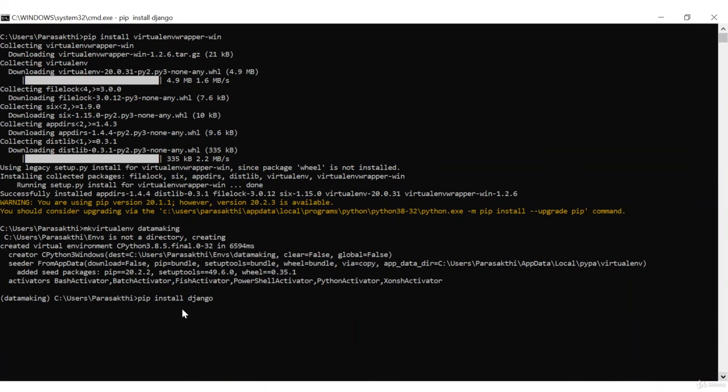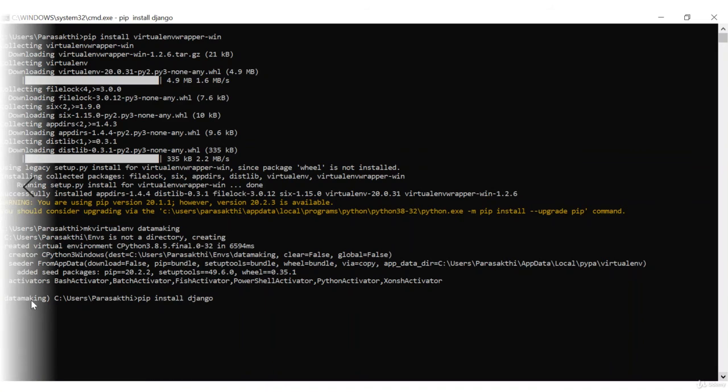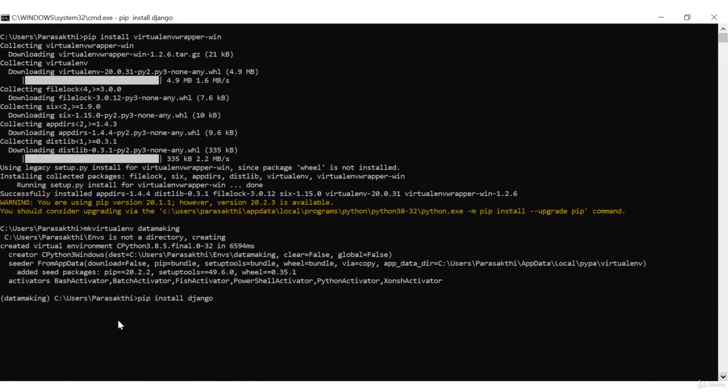To install the Django framework, you issue the command pip space install django. It's going to install this package in this datamaking virtual environment. If you come out of this virtual environment and go to the global level, you will not find it, because we are installing this Django package only for this Python environment.